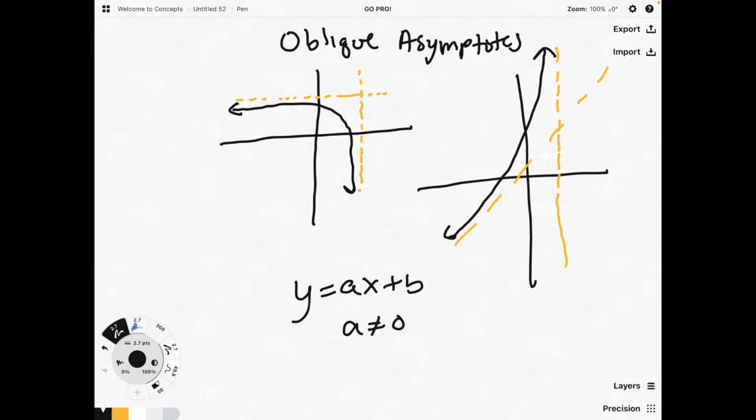However, if we're talking about rational functions, where you have the polynomials g of x divided by h of x, then if g of x is 1 degree greater than the degree of h of x, then you know you're going to have an oblique asymptote. If you're unsure if the numerator, that polynomial g of x, has 1 greater degree than the denominator h of x, then this is where you would use long division and/or synthetic division to determine what